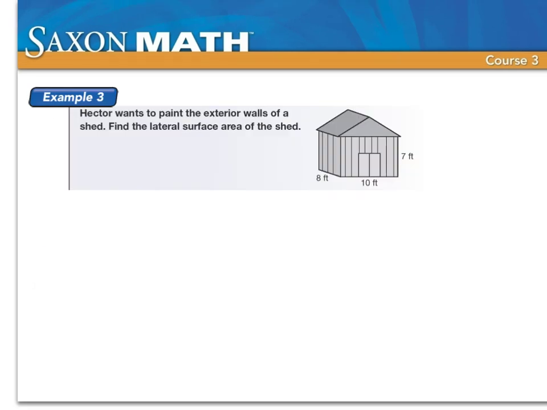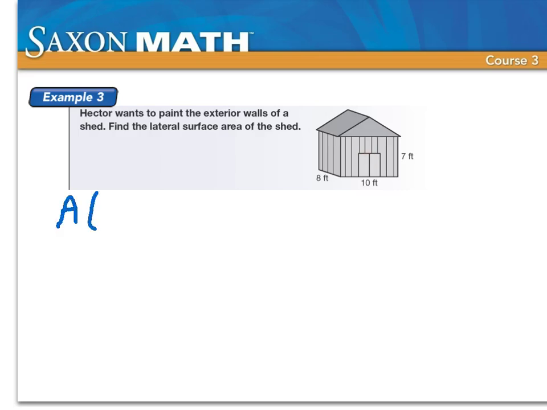Example 3 says Hector wants to paint the exterior walls of a shed. Find the lateral surface area of the shed. Okay, well the lateral surface area, that's just these outside walls right here. So this is a rectangular prism, alright, that we're looking at. We're not concerned about the roof. We want just the walls. So we're going to find